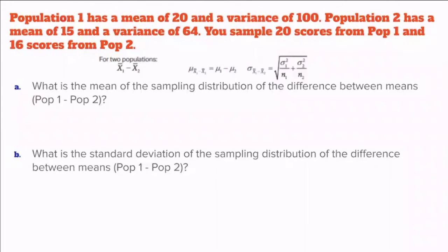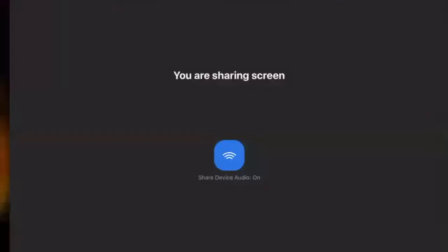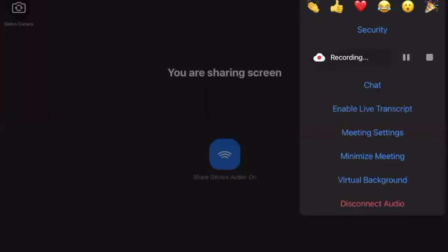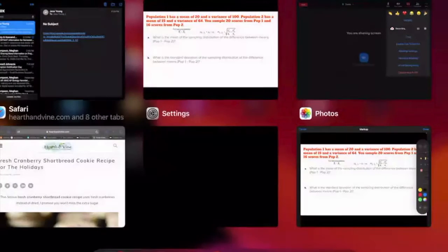I need an annotating tool, so I'm about to flip over here, and I'm going to pause this until I figure out how to annotate. Okay, so